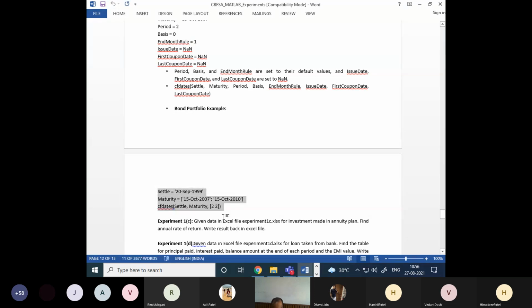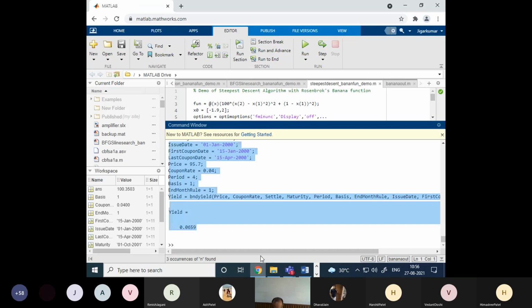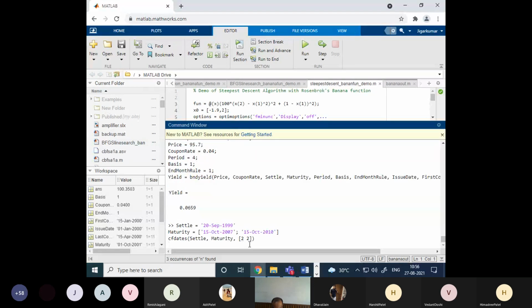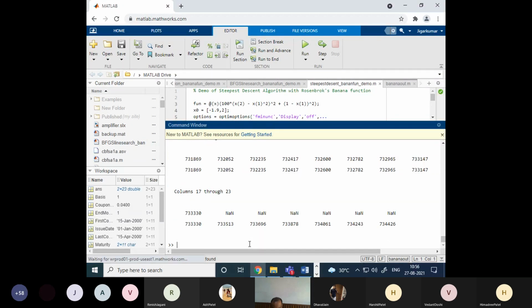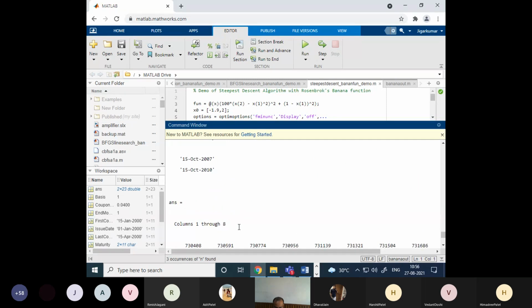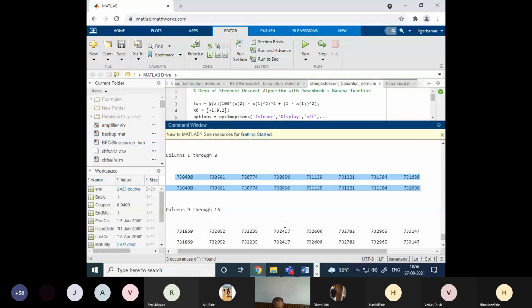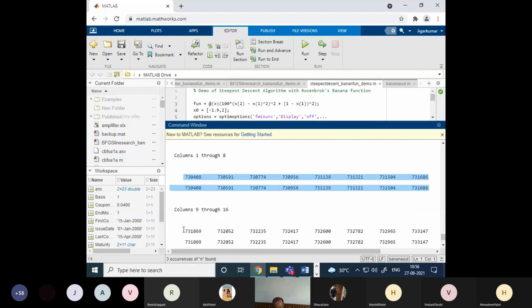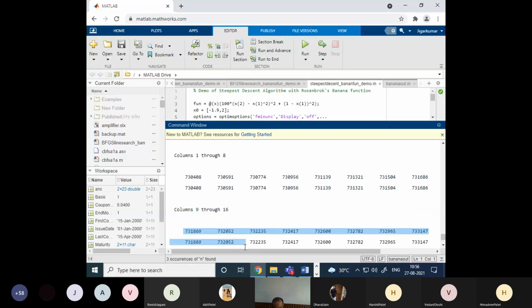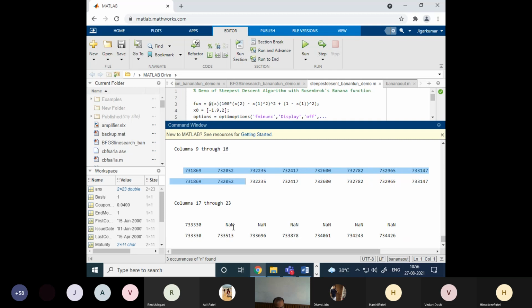So I just copy paste it in MATLAB and run it. You can use this function CF dates; just type help to see its details. But these dates are given as MATLAB serial date numbers. So you can convert them into actual dates using the function that we have studied. Don't get confused with the dates handled by MATLAB. It handles them as serial numbers, so you have to convert them into the actual date, which we introduced in the very first session.